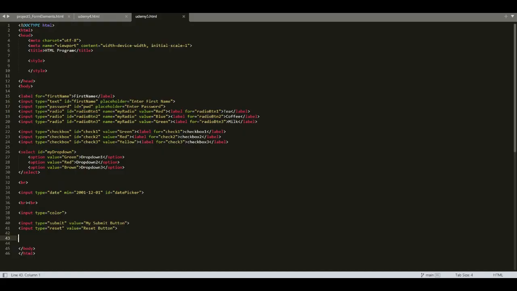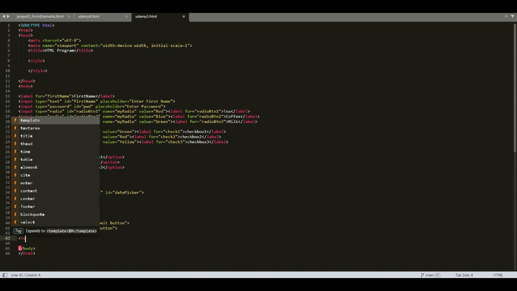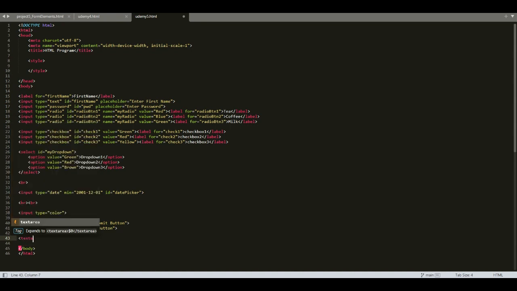So next is the text area control. What is a text area? We use a text area to let the user enter their comments, to get multiple lines of input from the user. So we use the text area tag to create a text area control, and we use the rows and columns attributes to specify the number of rows and columns that need to be present in the text area. So I'm going to create a text area by using the text area